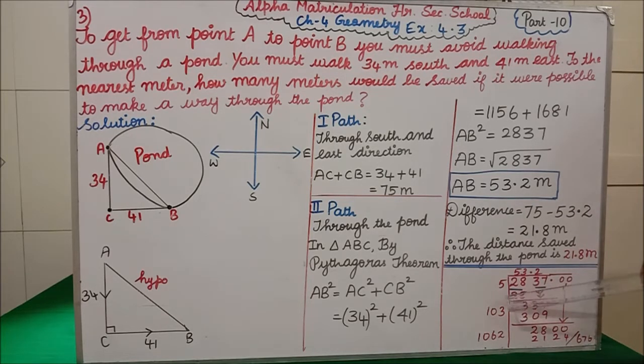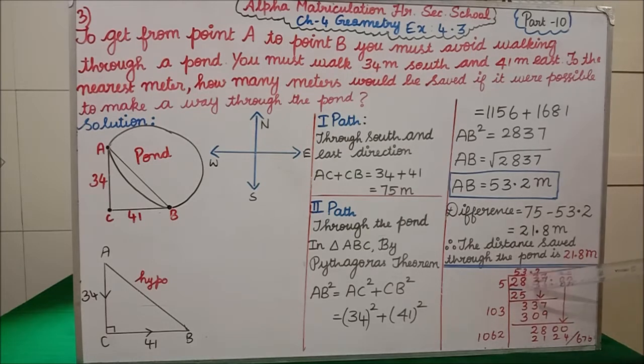So whatever number I write here, the same number I have to write here. If I write 1 here, I also have to write 1. If I write 2 here, I also have to write 2. So for 28, the nearest square number is 5, because 5 5s are 25. Next step, we subtract: 8 minus 5 is 3. Then in square root we have to bring down two numbers, 37. Here, the first number we have is only 5. That 5 you have to multiply with 2. 5 2s are 10. Right, here 10.